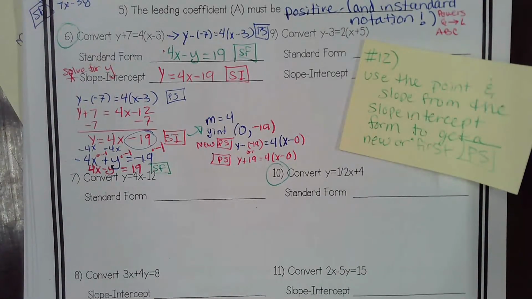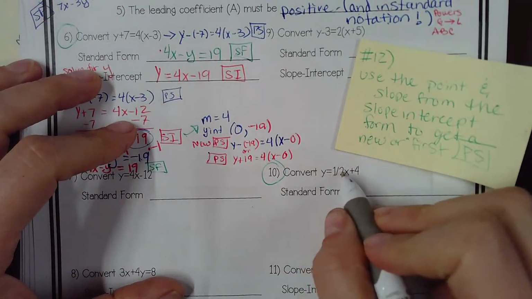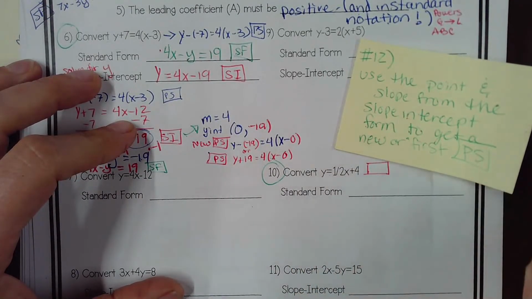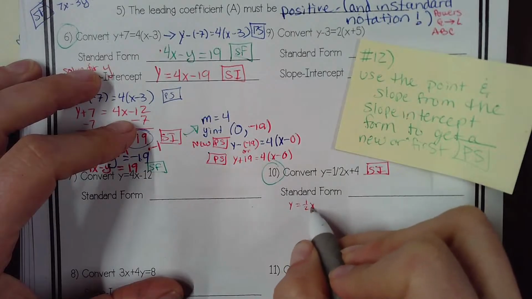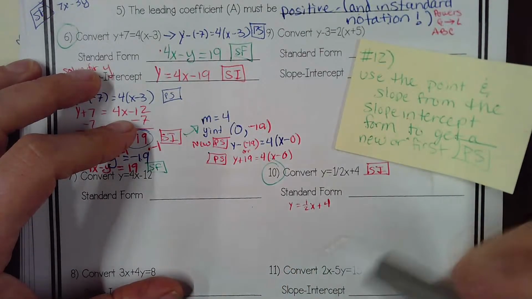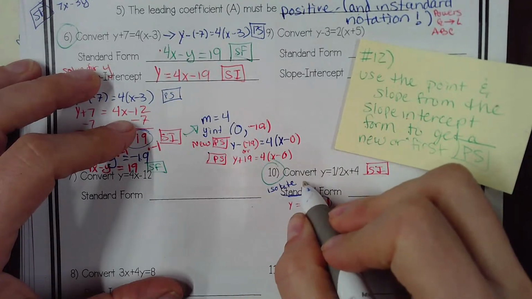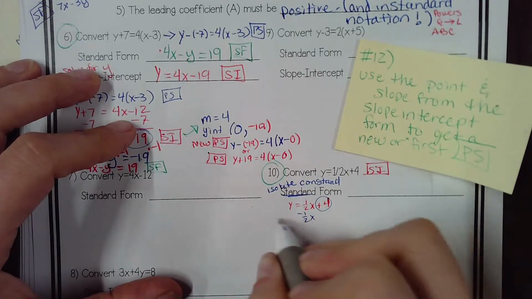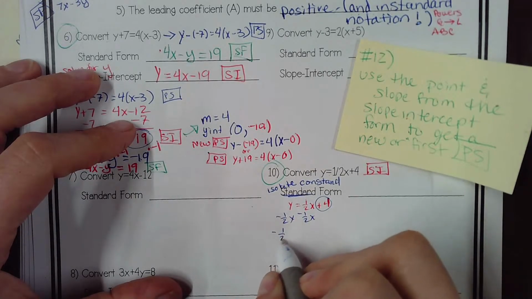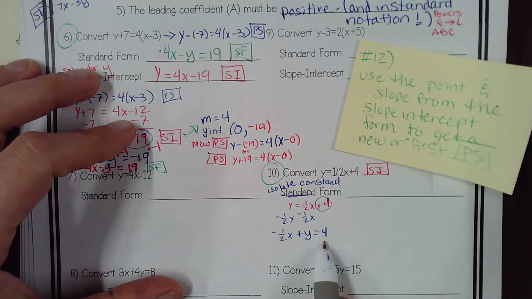All right, we're going to use that for 10. Standard form. Well, right now, y equals 1/2 x plus 4. Ooh, that's one of our forms. Which one? Do you get slope-intercept? I'm going to take my y equals 1/2 x plus 4, and I'm going to isolate the constant. Isolating the constant, or solve for the constant, is standard. So I'm going to subtract 1/2 x, negative 1/2 x, x's before y's. All right, constant isolated,